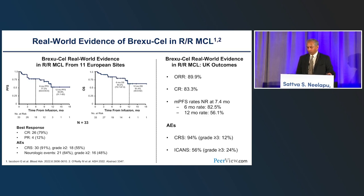There's also real-world data being presented from the UK study from over 80 patients. And here again, we see that the overall response rate is close to 90%, the CR rate of 83%, and the median PFS and the 6-month and 12-month PFS rates were similar to ZUMA-2. And the grade 3 or higher CRS events were 12%, and the grade 3 or higher ICANS were 24%, again, matching ZUMA-2